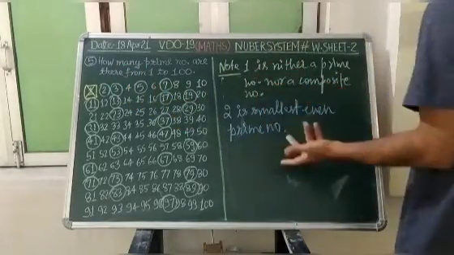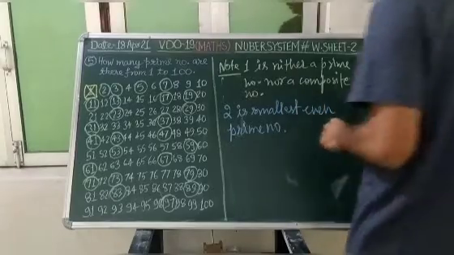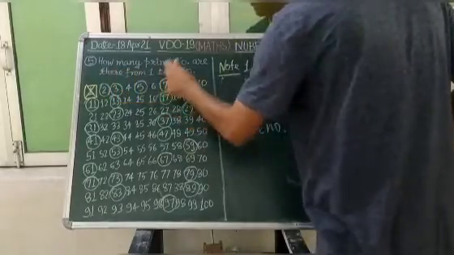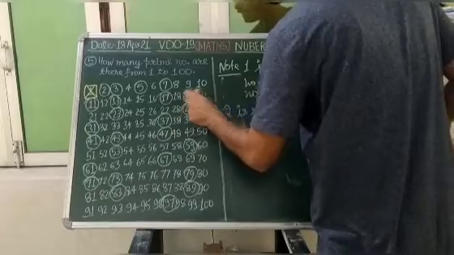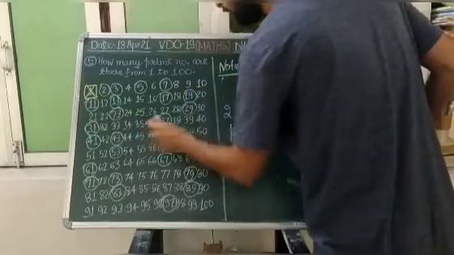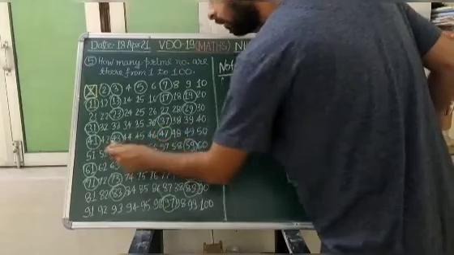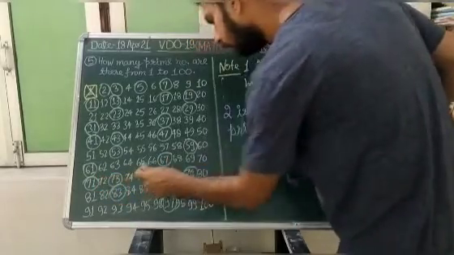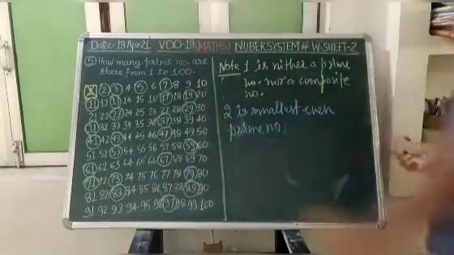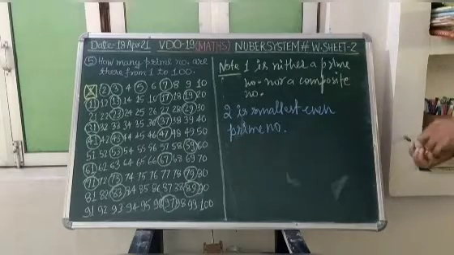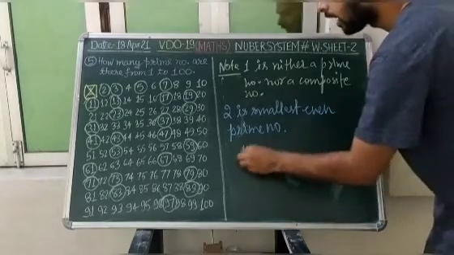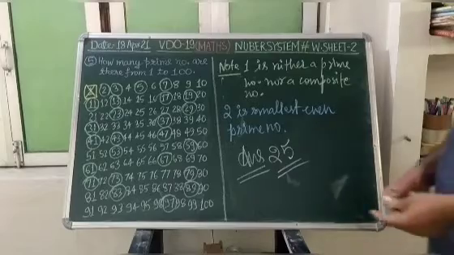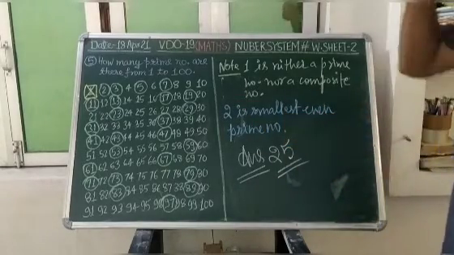1 you will not select, since it is neither a prime number nor a composite number. We shall start for the prime numbers from 2. So 1, 2, 3, 4, 5, 6, 7, 8, 9, 10, 11, 12, 13, 14, 15, 16, 17, 18, 19, 20, 21, 22, 23, 24 and 25. So how many prime numbers are present in it? The answer will be 25 prime numbers are present from 1 to 100.